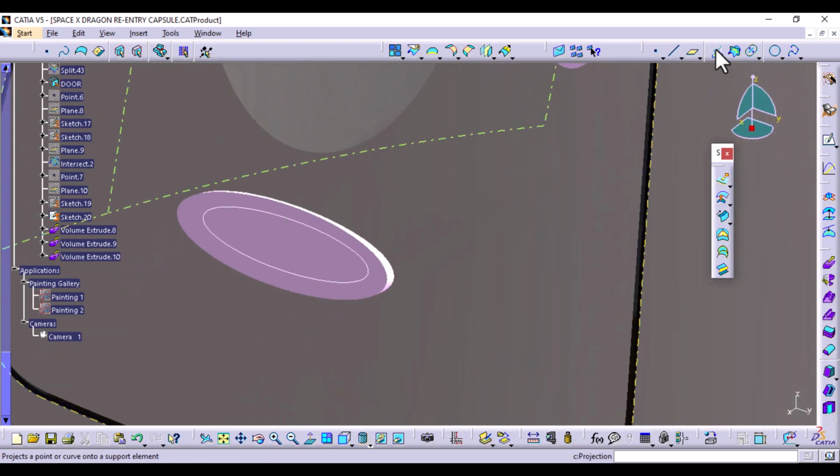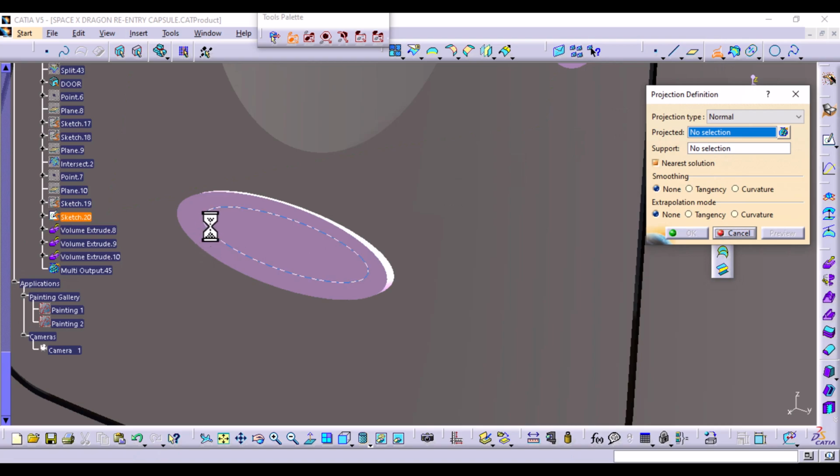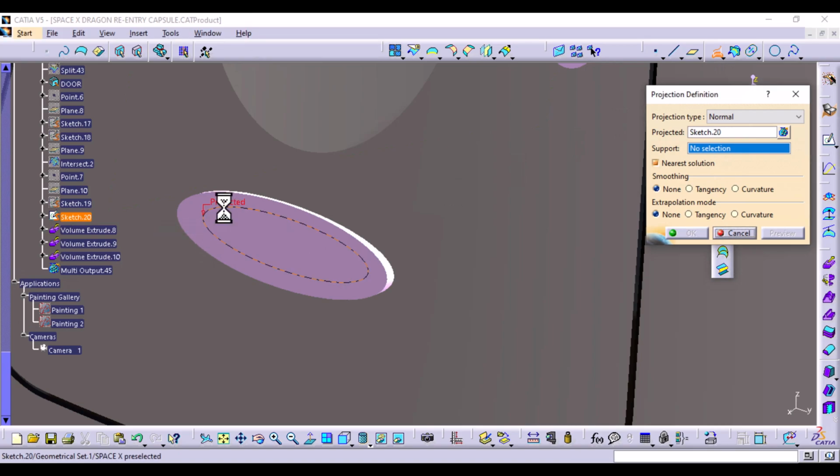So what we're going to do, we're going to project this curve onto this surface. That's one way to do it. You project it here so that we can create a pocket, or we can create this as a separate body and then deduct it. Let me see what's the best option here. We've got